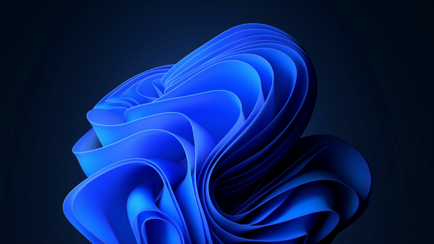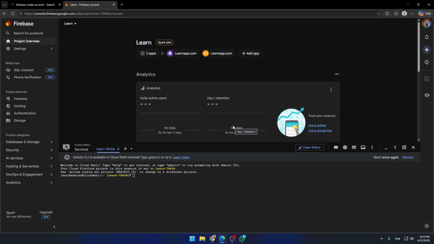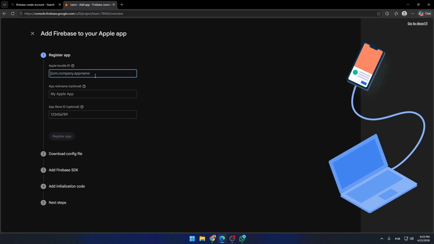In this video, you'll learn how to build an app on Firebase in just a few minutes, using Google's powerful tools to handle everything from backend to hosting for free. First, go to firebase.google.com and sign in with your Google account. Click Add Project, give it a name, and follow the quick setup wizard to create your Firebase project in under